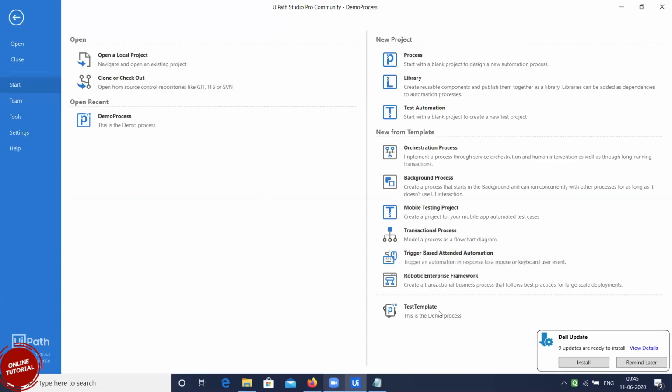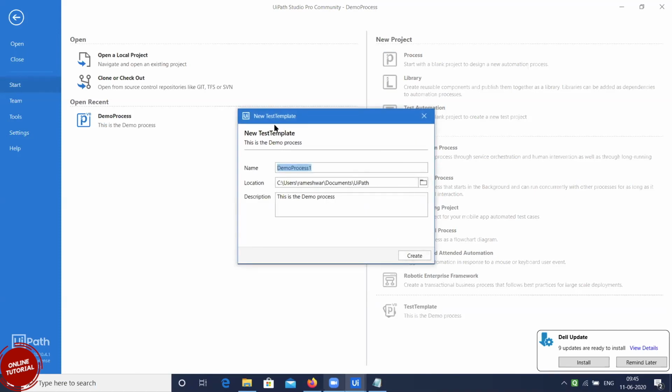If you go here, you can see your template is listed. Now if I want to design a new project next time, because I know I want to continue from there, I click on this and it will create a new project. I'll say demo process 1.